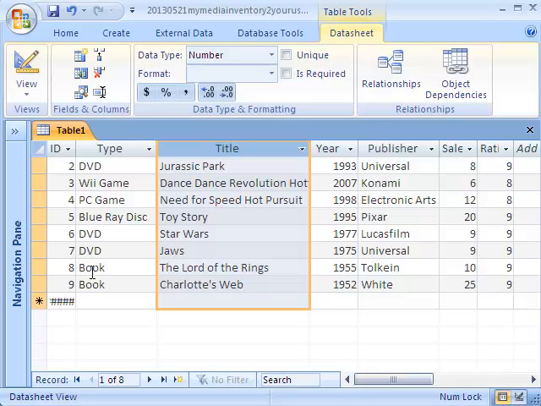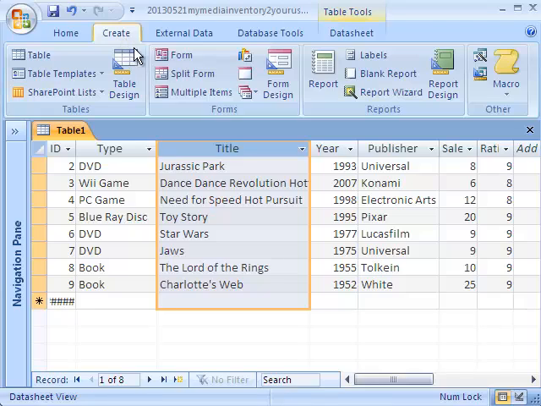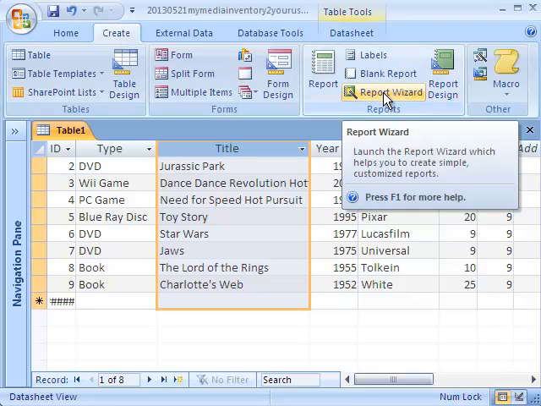Making a report, there's lots of ways to do it. We're going to use the report wizard. So click on Create, and you'll find the Report Wizard button. It says Report Wizard, and the little note here says Launch the Report Wizard, which helps you to create simple, customized reports. Go ahead and click on that,